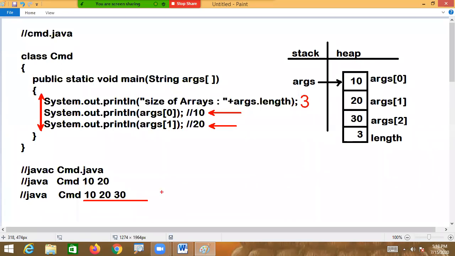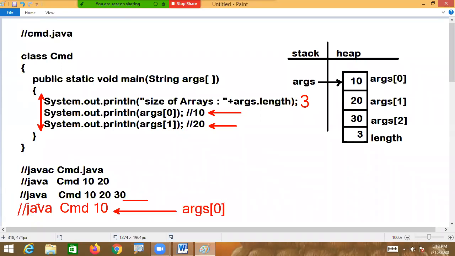Sir, what will happen if I pass only one value? Very important. Java, then the class name, with only one value. This value will be stored at args of 0.